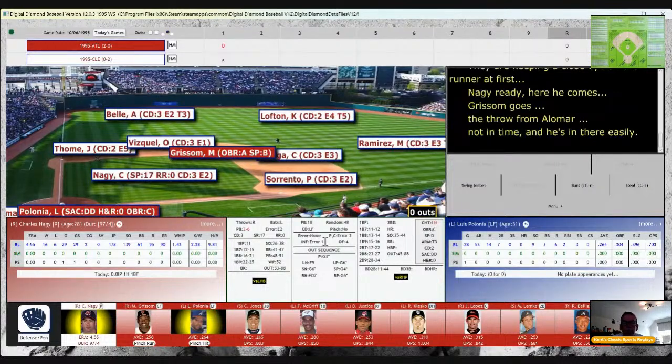Again, 2-6. Polonia steps in. PB of 7, that goes to Polonia's card. That random number of 14, and that's a single into center field. And going from second to home on a single with a run of 5, that's an 11 to 64 for Grissom. So we'll roll that to see if he makes it, and he does not. He gets gunned down. So trying to do too much.